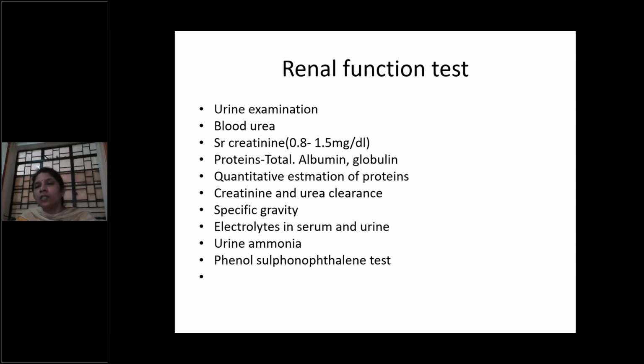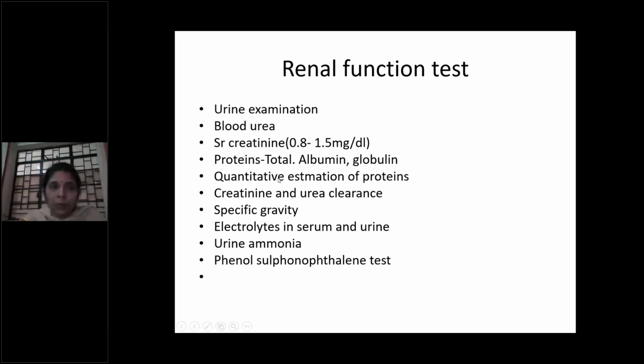Here mainly glucose is important, and we can also test for proteins. Protein is the most important test which indicates if proteinuria is there. For detection of the proteins, we do sulfosalicylic acid test, Heller's test, and the heat coagulation test. These are the main tests which are done for urine proteins. We also have a test called Esbach's albuminometer, by which 24-hour urine protein is detected.